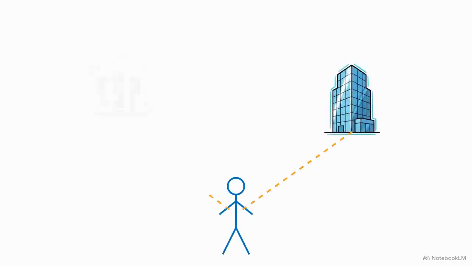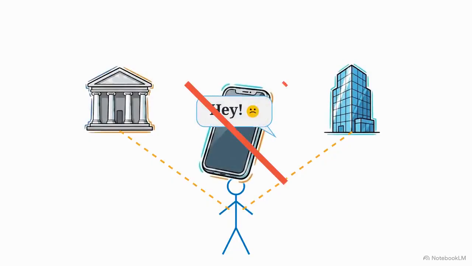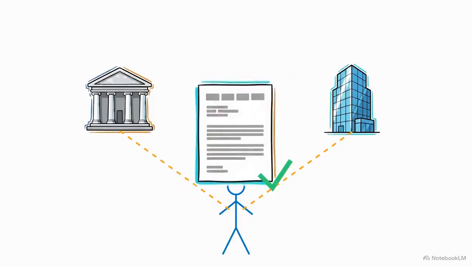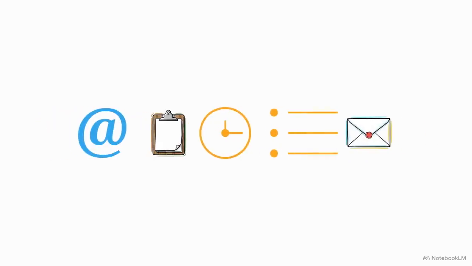Imagine you want to apply for a competitive job or send an official request to your school's administration. You wouldn't text them the way you text a friend. Professional situations demand specific, standardized writing formats. Today, we will examine the 4 core forms of professional writing: emails, memorandums, program agendas, and formal letters.